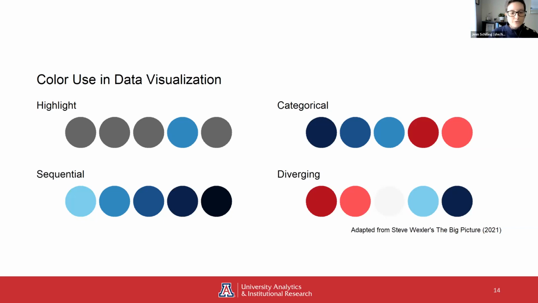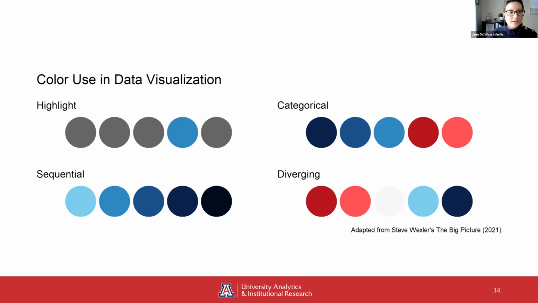And then color can be applied to quantitative values, so numbers, either in a sequential or a diverging manner. Sequential color is used to show low values to high values on a continuous scale, and diverging color is used to show values above and below a midpoint on a continuous scale. You want to keep in mind that you should only add color if it adds meaning and helps with